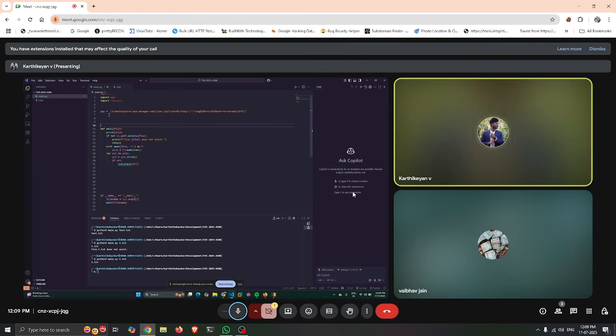Now we need to make the function. I could write it here itself, but making a function is far better than writing inside the code and missing all the logic. So again I'm typing def function, and here you can see other parts are coming. Inside the function I'm going to write some other logic. So we start with